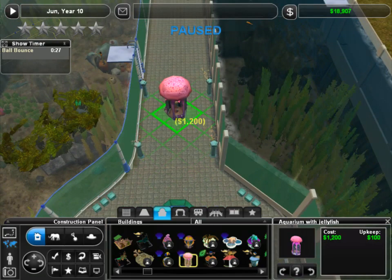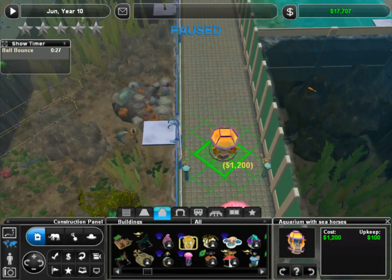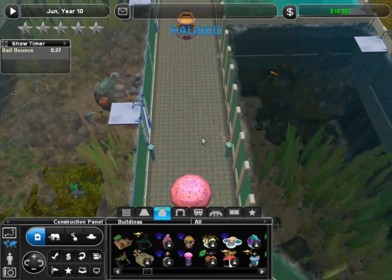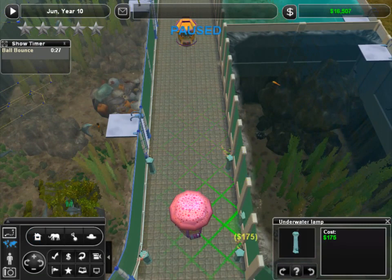Check this out. We can put these educational kiosks, sprinkle them in. So there go the jellyfish. And then down here we can put the seahorses. Like way down here. We'll stick them way down there. See? Look at that. And then we can just sprinkle the lamp like every...